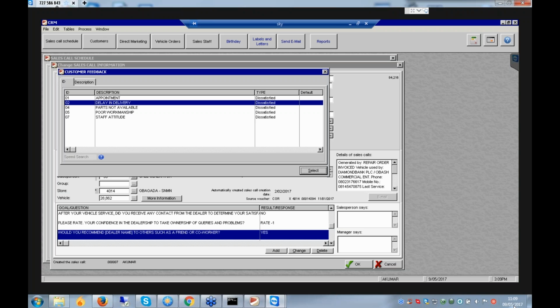I just want to ask, if you have selected a dissatisfaction rating, is it going to generate a complaint? If the customer is dissatisfied, are you going to generate the complaint with these questions?